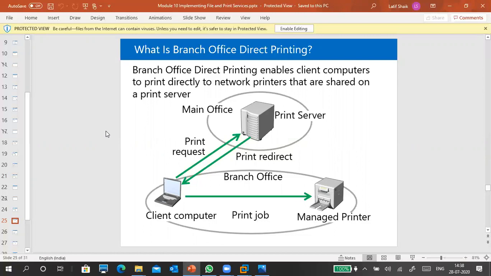Okay. If the network is good, your WAN connectivity is good, which means internet connectivity is good. Actually, we should say WAN, wide area network. LAN and WAN are there, no? LAN means your local, and WAN means outside of your local, right? So if your WAN network is down or the internet is down, you cannot send a request to the print server. Now you cannot take the print.